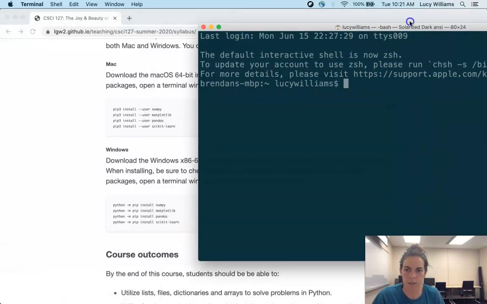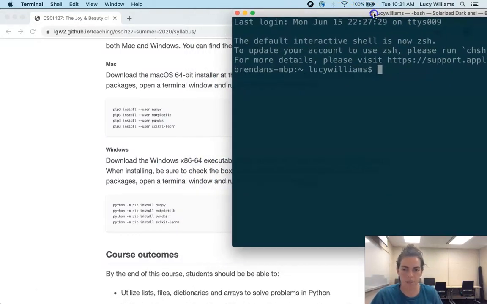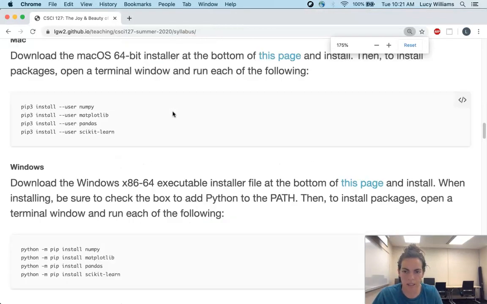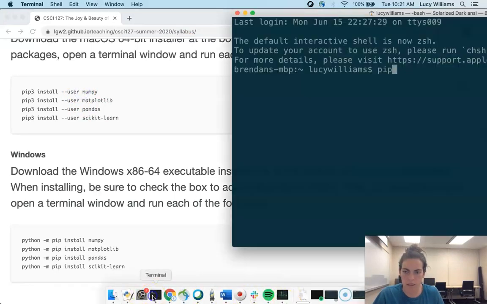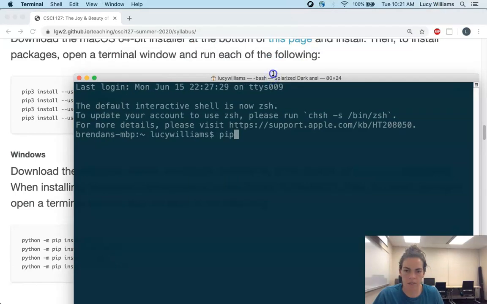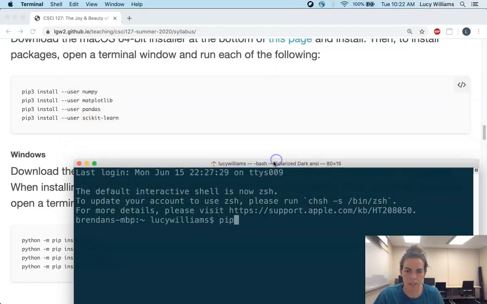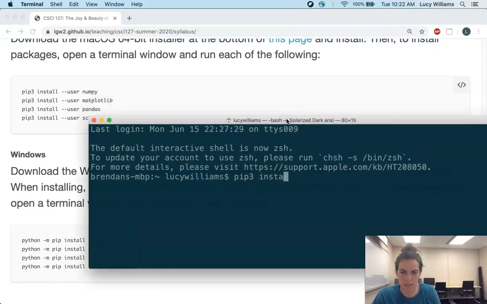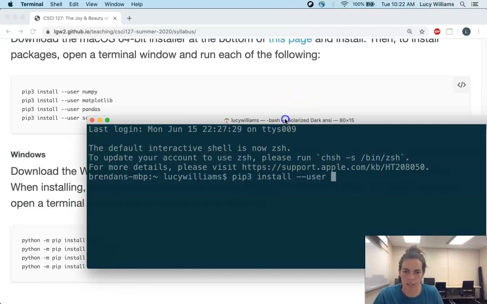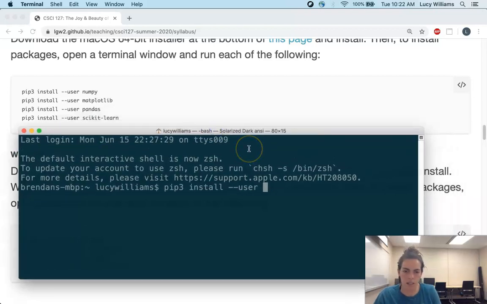So here I have a terminal window. I'm not inside Python, I'm just in the terminal, and I just want to copy what this says. Let's see if I can make it any bigger for you. So in order to install NumPy, I'm going to use a Python package manager called pip, and I just type pip3 install --user. That's telling the computer to only install it for your user, and then the package that I want to install, which in this case is numpy. So if I run this,